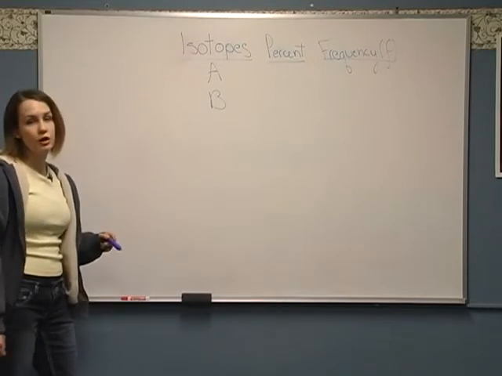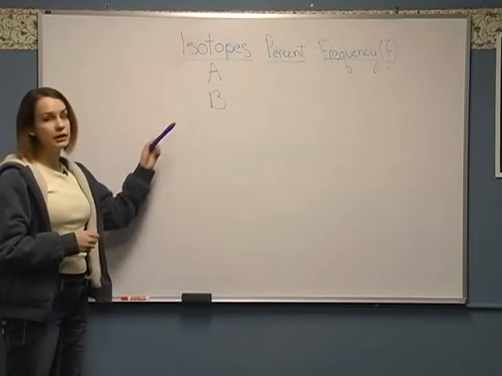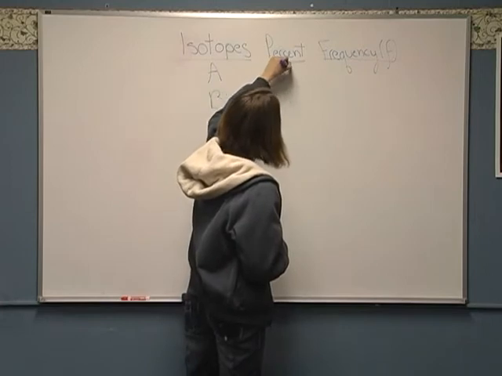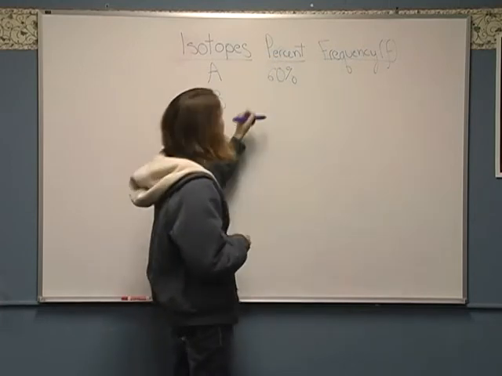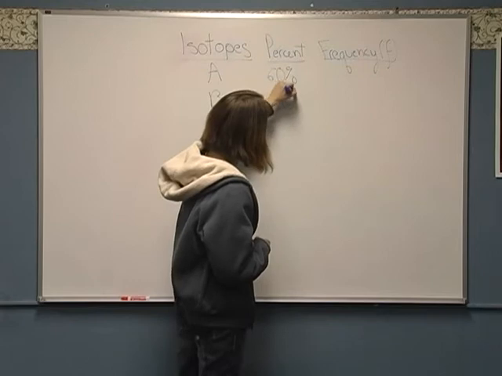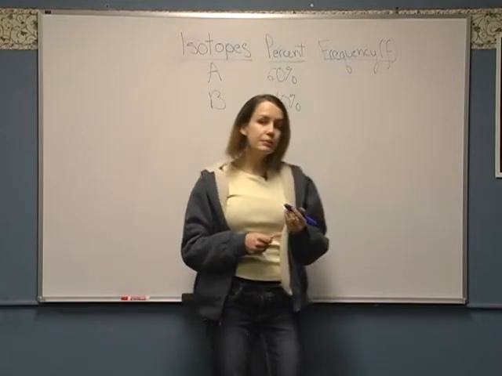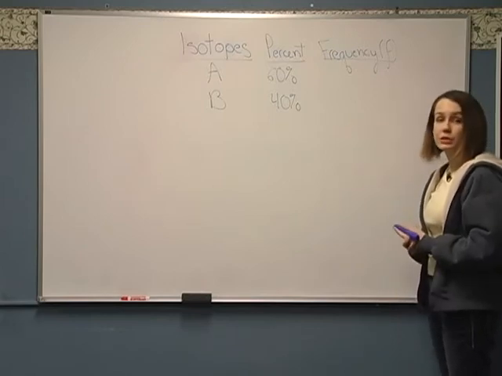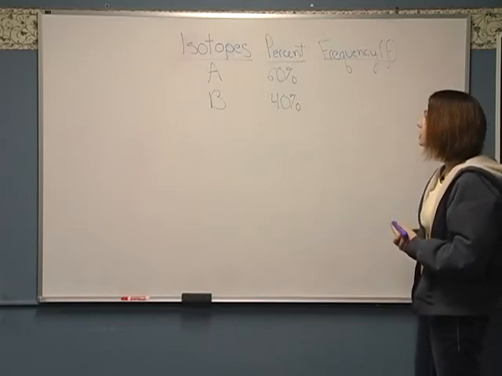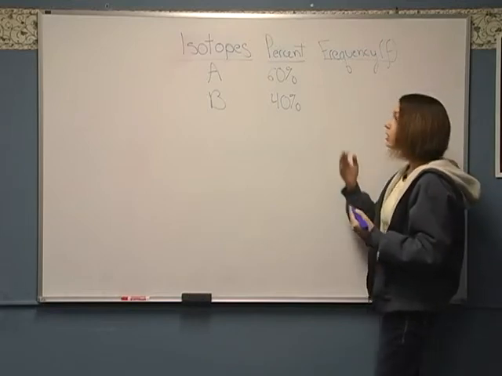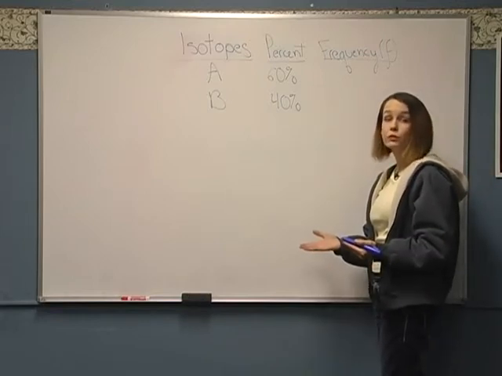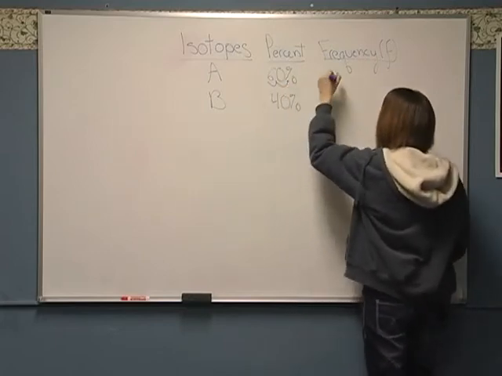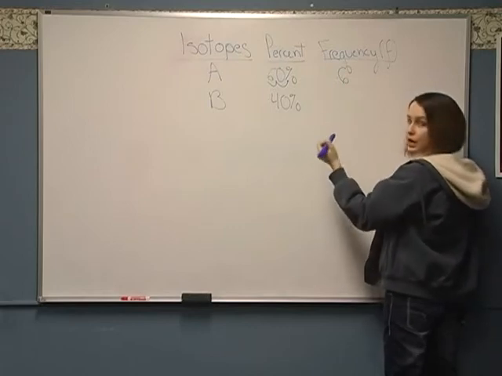Let's say we have two isotopes of a certain element, A and B. We know that we have 60% of isotope A out in the world and 40% of isotope B that's naturally occurring. Given these percentages, we can convert them into frequencies quite simply. In order to convert a percentage to a frequency, all you do is take the percentage divided by 100. You can also think of it as moving the decimal point over 2 to the left. So a percentage of 60, for example, would correspond to a frequency of 0.6, and 40% would correspond to a